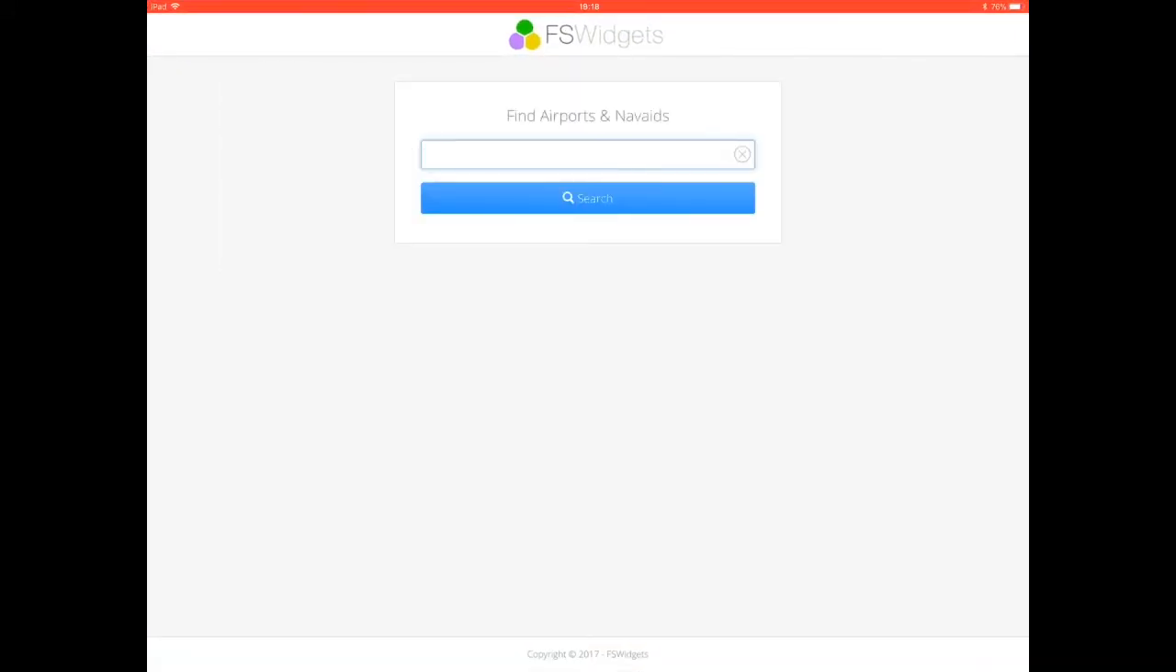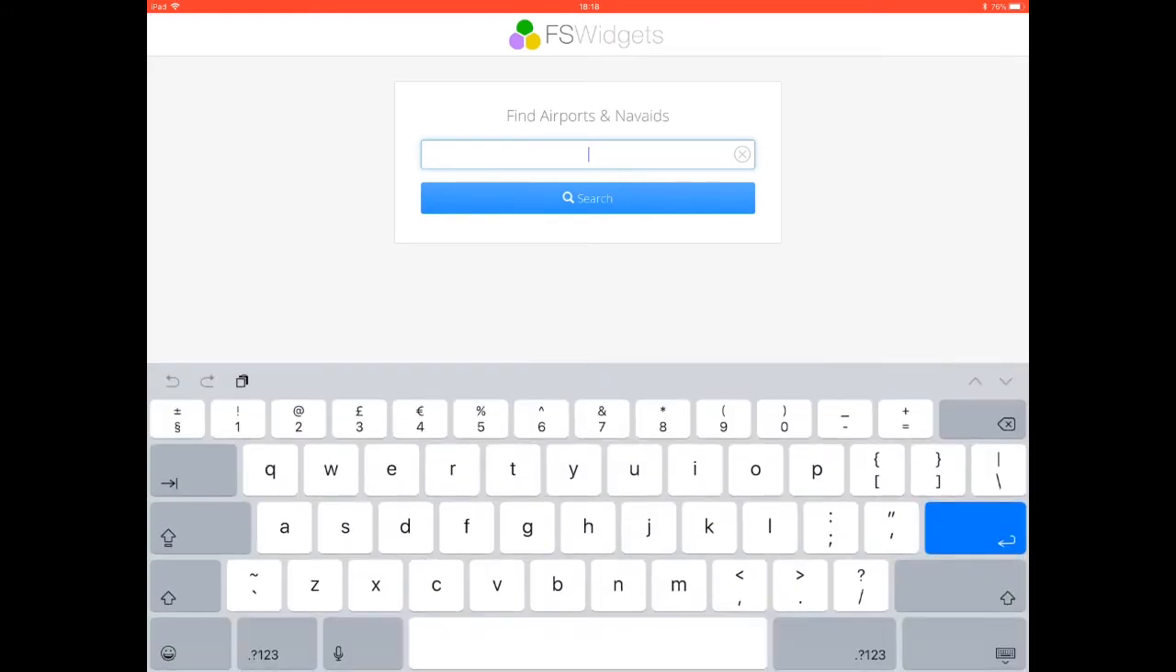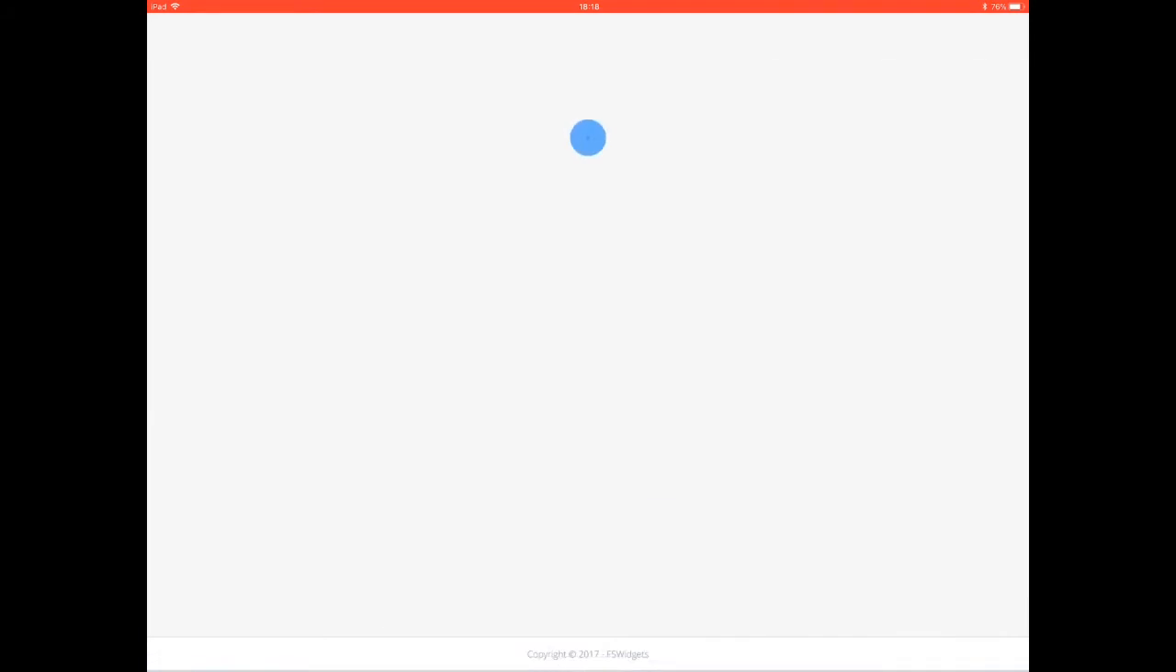Now, all that said, there is one saving grace that makes this application worth the investment, and that is if you fly primarily or exclusively in the United States, you get extra facilities. Let's just see an example of that. If we look for Long Beach, we're going to see